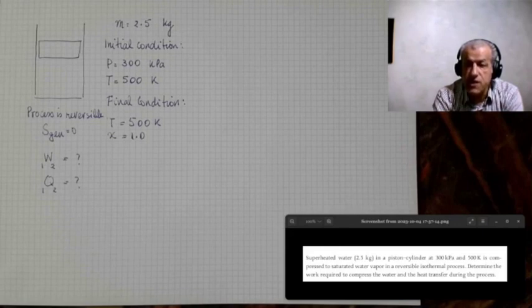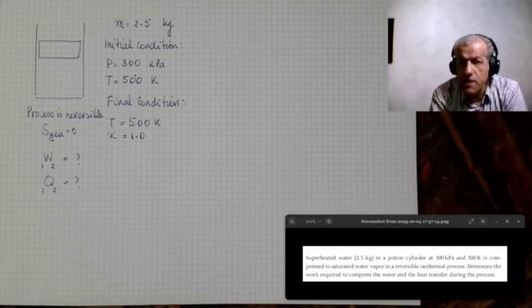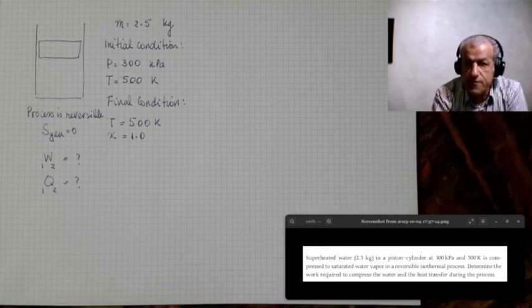You see, these three are the three items that define the process. And these are properties for initial and final conditions. And it is very important that you should be able to translate the physical description into this writing, initial condition, final condition, and the process, and then continue with it